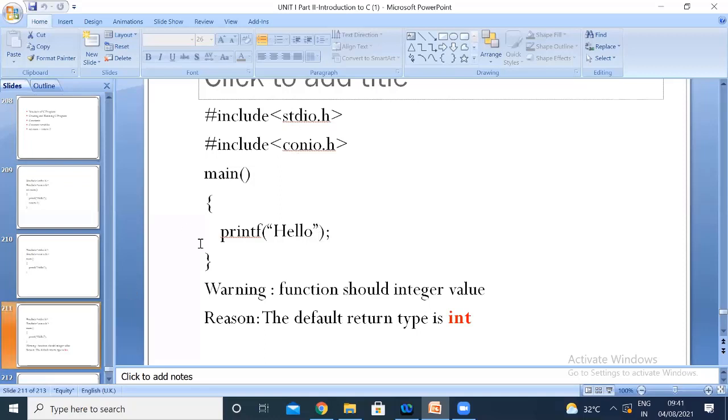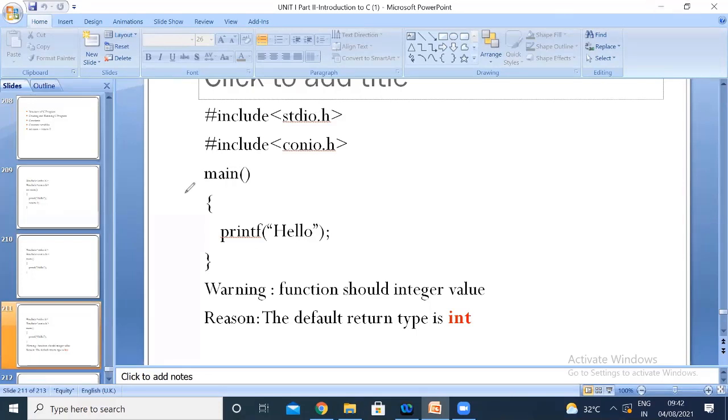See, here I have written a program, and this program is going to throw a warning. Why is it going to throw a warning? Here I have not written any statement before the main function. Before main, what do I have to write? The return data type. If I don't write any return data type, obviously your compiler is going to consider it as integer.